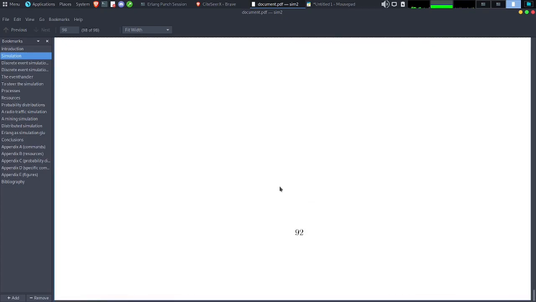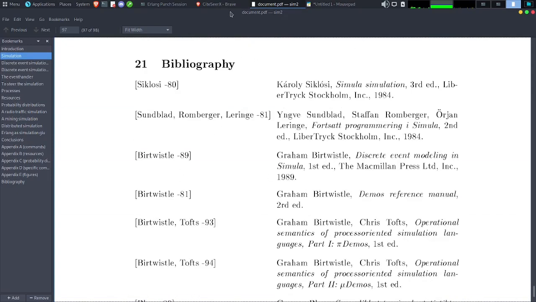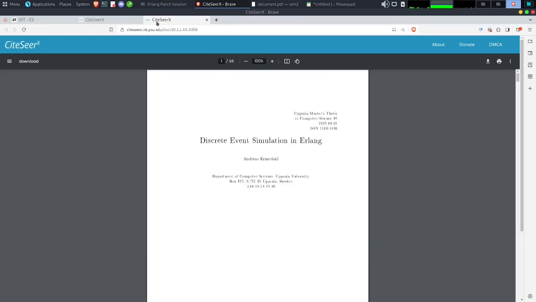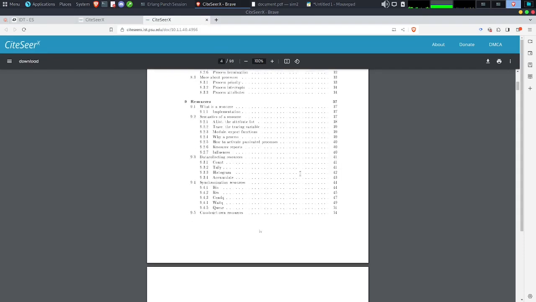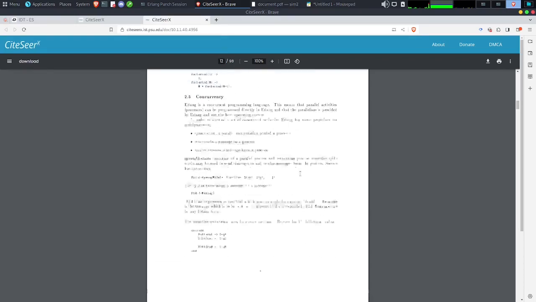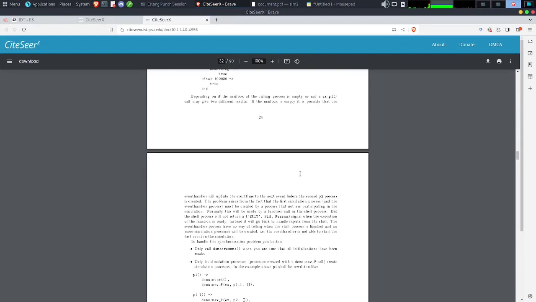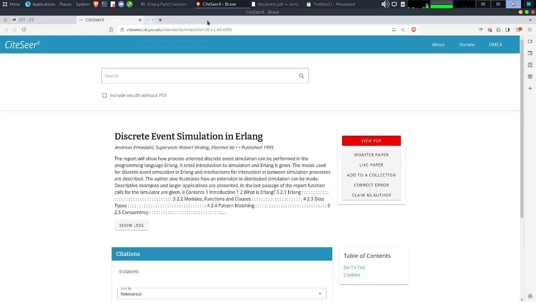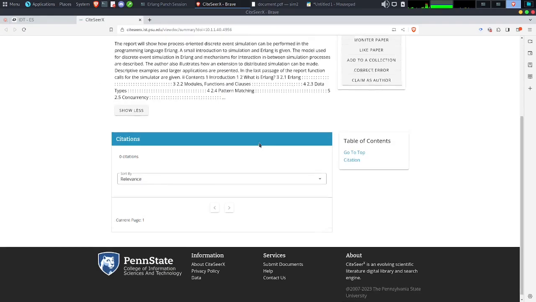So anyway, again, this is freely available. You can find it easily on CiteSeerX, and you can just read it and take a look at how it works. You have all the examples, all the figures, and all the code there. And if you are interested in doing some simulation, don't hesitate to read it again.